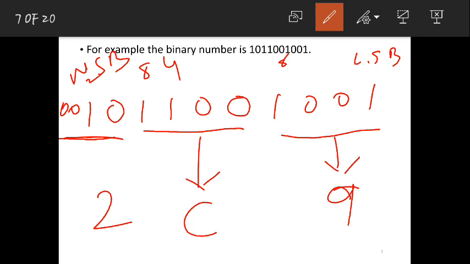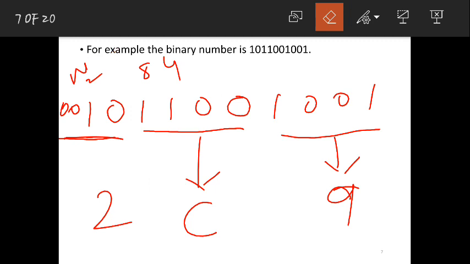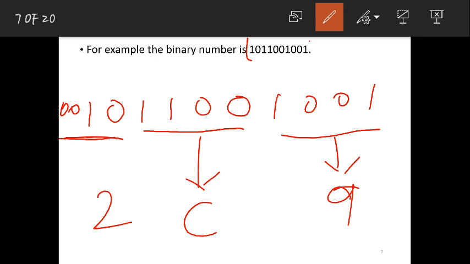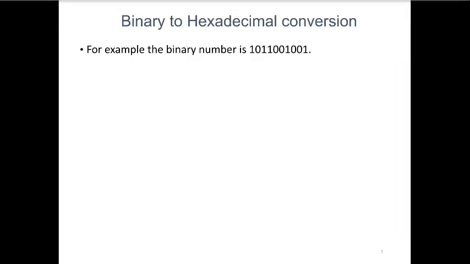So the answer for this value, let me erase this. So this was the binary number to the base 2 that was given. For this, the hexa equivalent value is 2C9 to the base 16. This is your answer. If you solve this, you will get that. So we will check whether